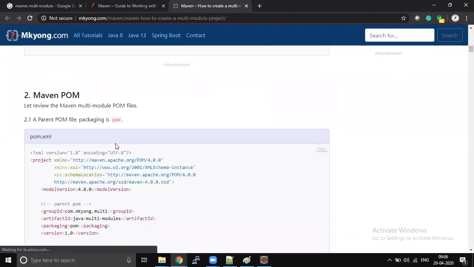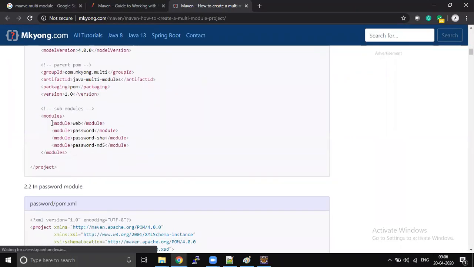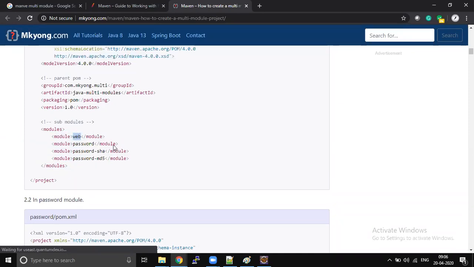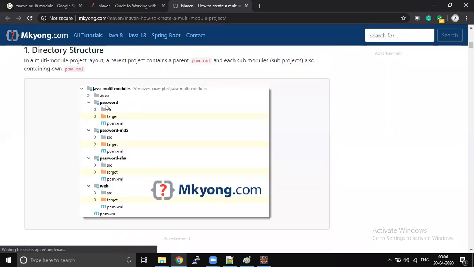Inside this pom.xml file, we will have a modules section, module 1, 2, 3, 4, for however many projects you want to create inside that module. To build all these projects, password or password MD5, password SHA web, we need not run them individually.